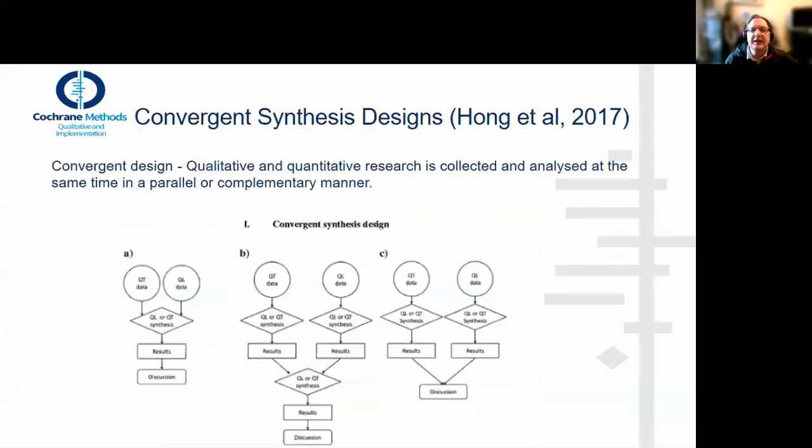Okay, a convergent design, and this can be done in three particular ways. The center one is the one perhaps you're most familiar with, which is the epicenter model, where you conduct the quantitative and qualitative reviews separately, and then you have a third synthesis that attempts to bring the two together. The first model is where you convert your quantitative data into qualitative, or your qualitative data into quantitative. And the third, which has application within Cochrane as well, is the idea of doing the reviews separately, but bringing together the results and conclusions within a shared discussion area.